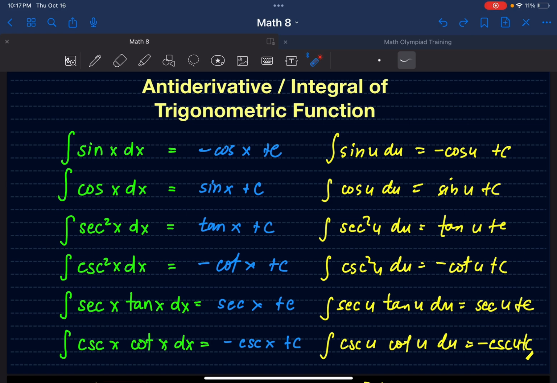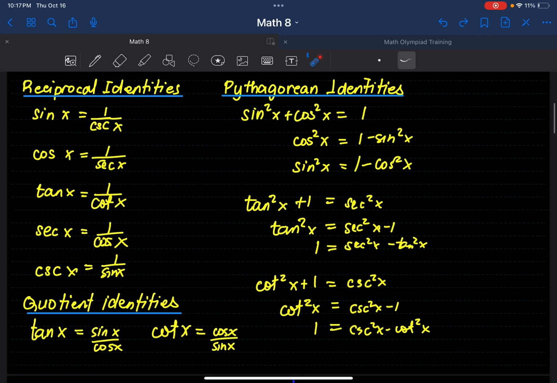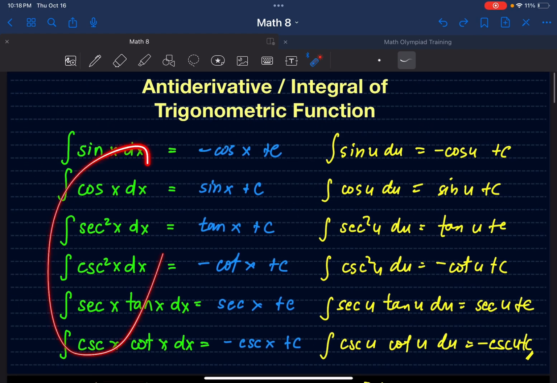Aside from that, you need to recall and apply the trigonometric identities. Not only these trigonometric identities, reciprocal, quotient, Pythagorean, and even the double angle, sum and difference of angles. All those identities you must know and apply in simplifying trigonometric function, because there are trigonometric functions that you need to simplify applying the identities so that you can apply the integral rules.